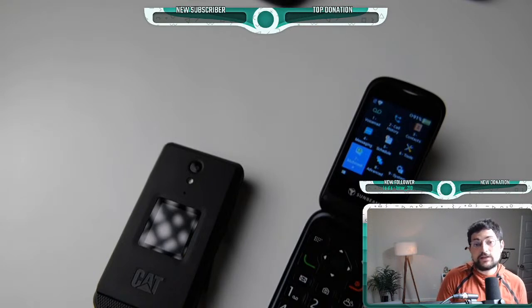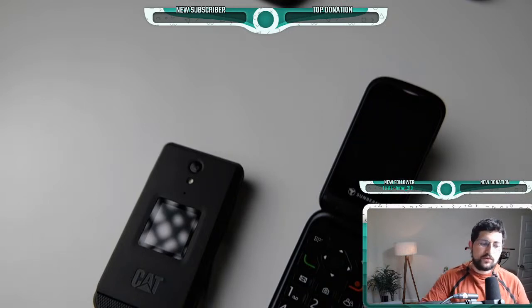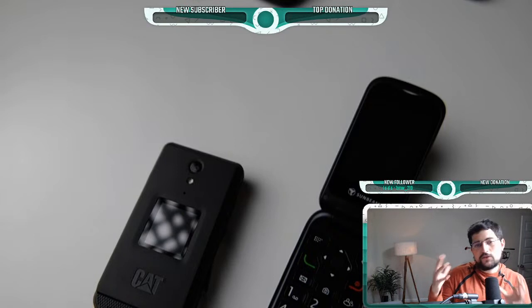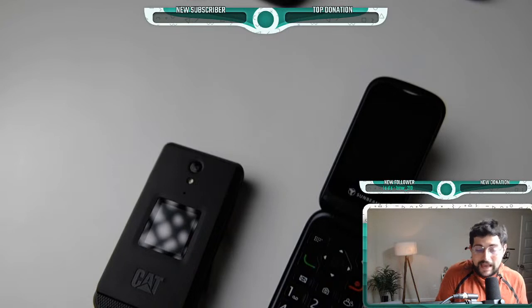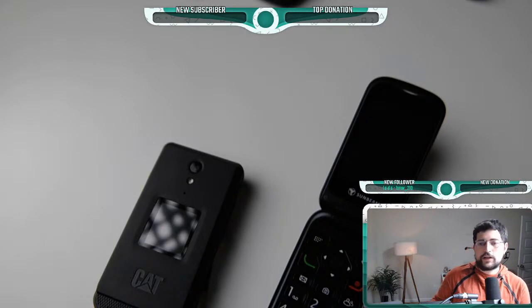But I would expect it to get security patches. And if that's what you're after, then the security patches is what you should be looking forward to. So don't look forward to the big Android updates. I don't think this will get Android 12. Maybe it will, but I wouldn't count on it. Don't think that this is going to be updated to the latest and greatest. Just think, hey, it's Android 11 Go edition. It works seamlessly, it works fast, and it's going to stay like that, but it's going to get security patches,